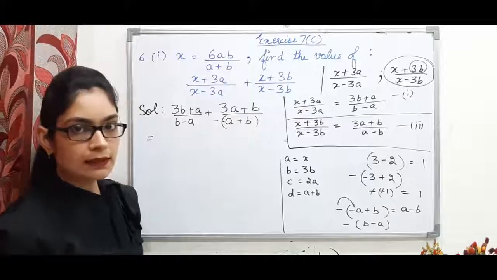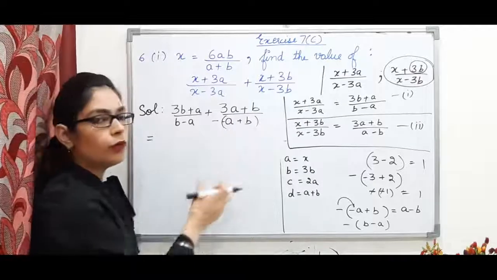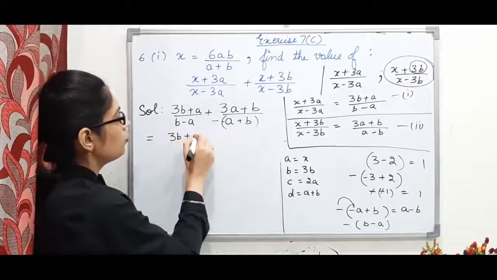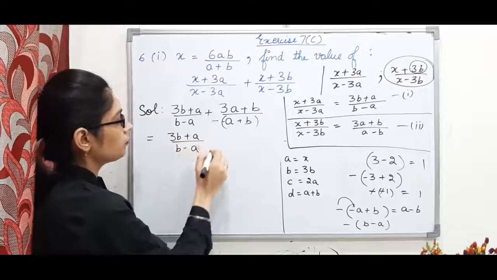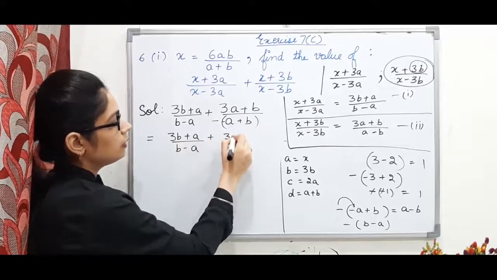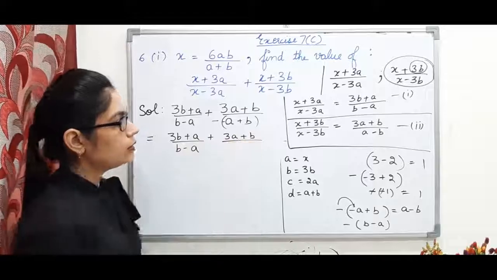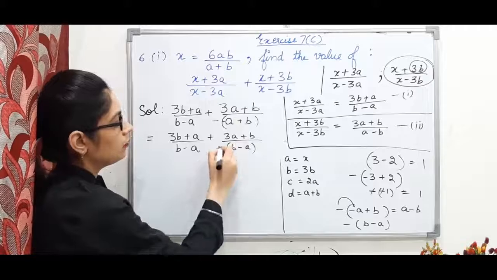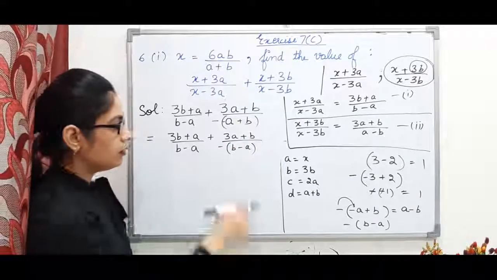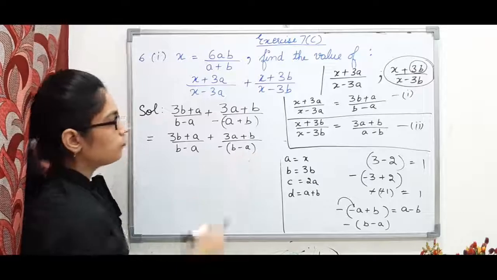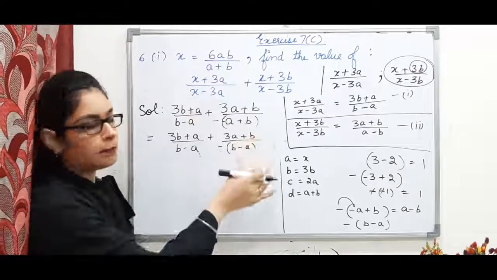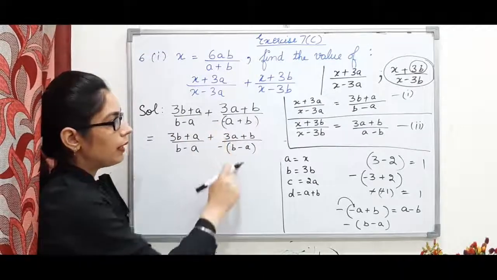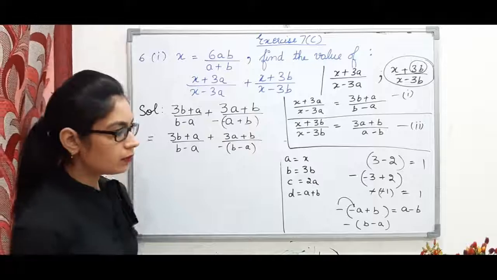So why am I doing this? The reason is that it won't make any difference to this expression, but I will get both the denominators same. Plus (3a plus b) upon (minus a plus b). So I can write as b minus a. This minus sign outside as it is we have to write. So that's what I have done, only to make them same, I have taken minus outside and wrote those terms in bracket with the changed signs. Overall it is not making any difference.